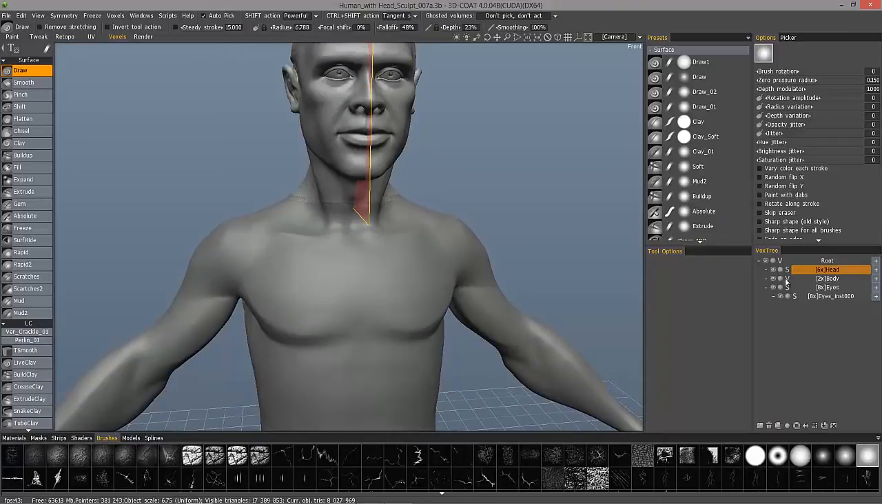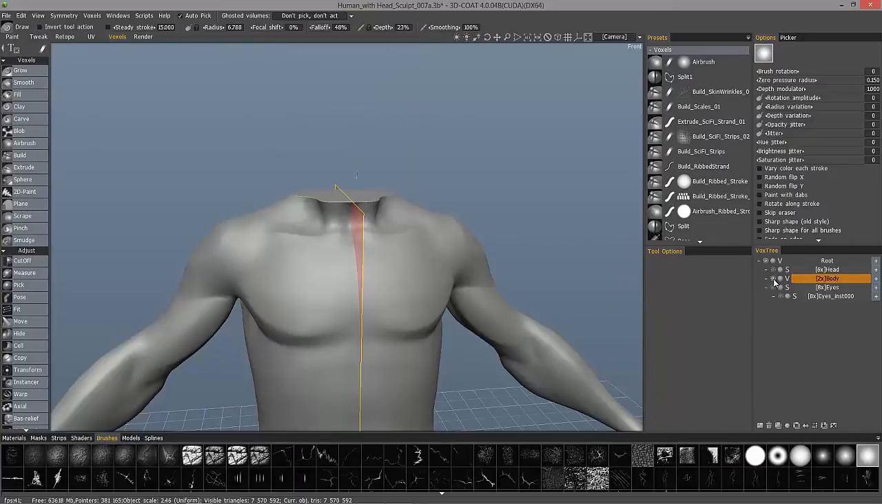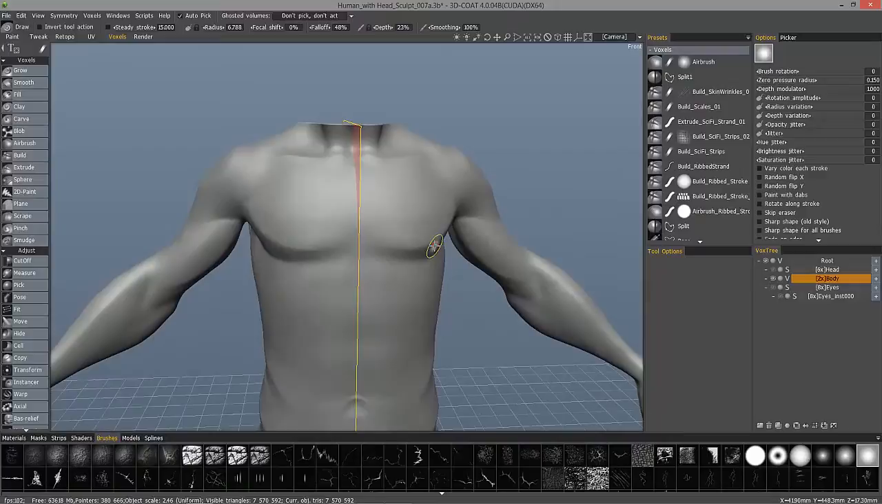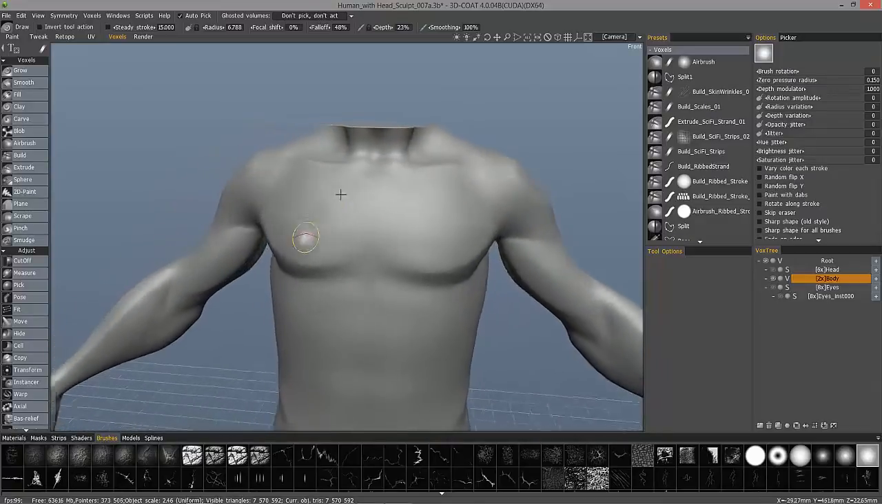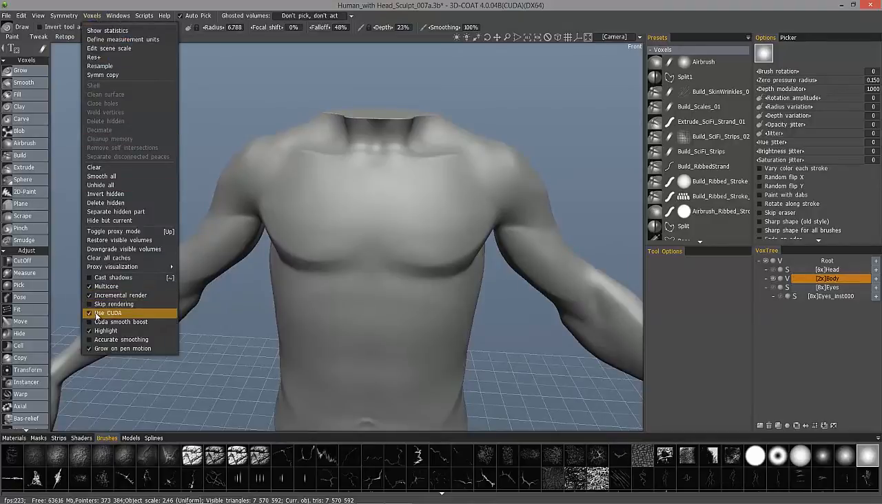Alright, so I'll do the same thing, same procedure with the body. I'll hold the Alt key. I'm clicking on the little visibility icon to isolate that. I'm going to hit the S key to bring up the symmetry panel, and I'm going to just hide the symmetry plane. I'm not going to disable symmetry, I'm just going to hide the plane so it's not obscuring my view. Okay, so we're in voxel mode again. Make sure CUDA is turned off,